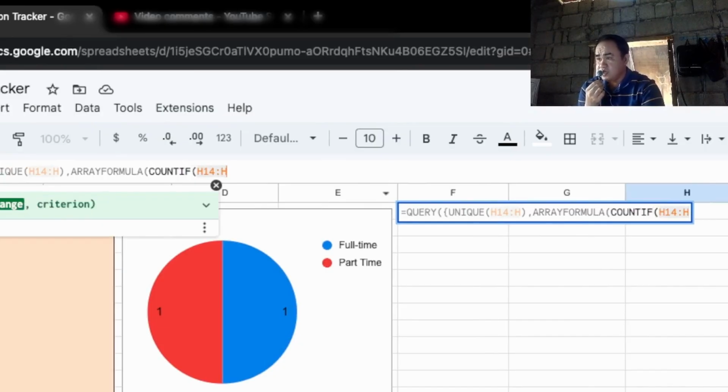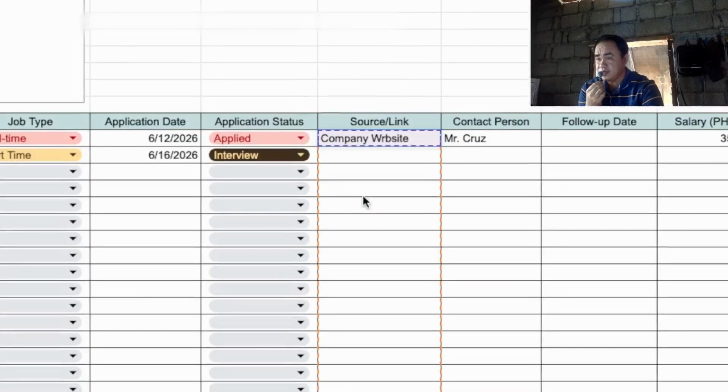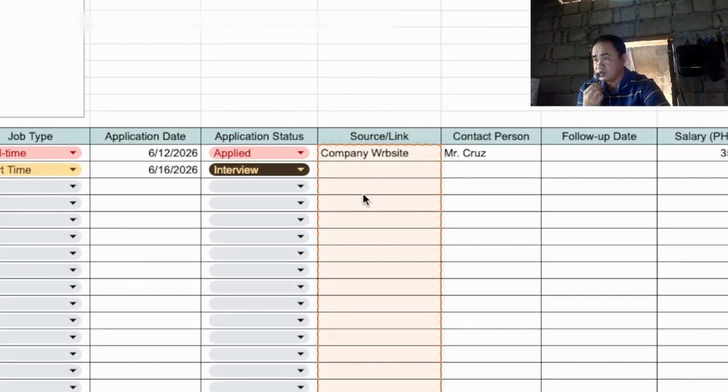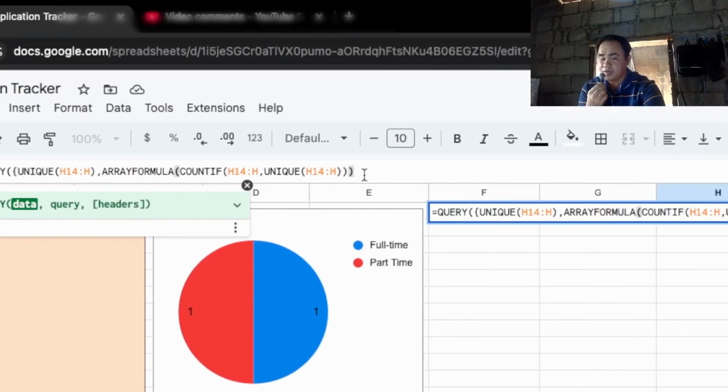Just comma, and then another UNIQUE function, and then select again, and then close that off, and then we're going to close the parenthesis three. Okay, we have open brackets here, so we have closed the brackets here. And then this is the query.